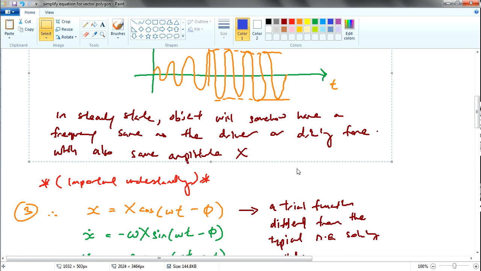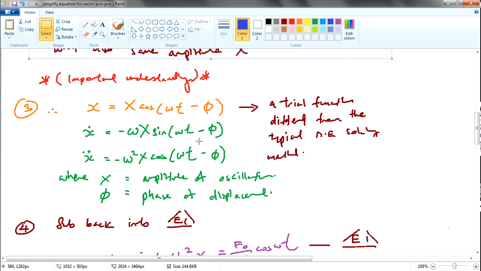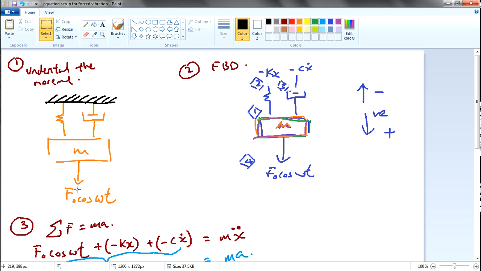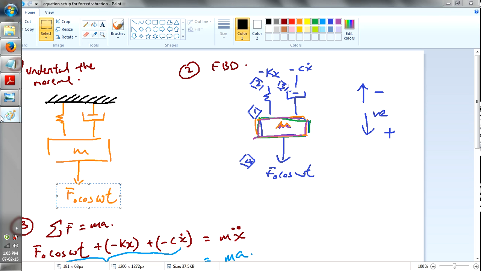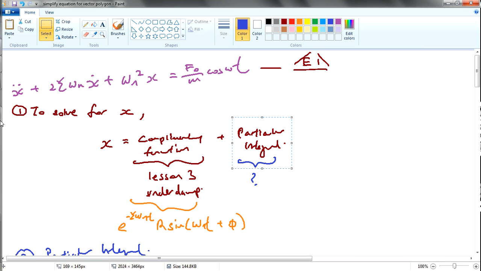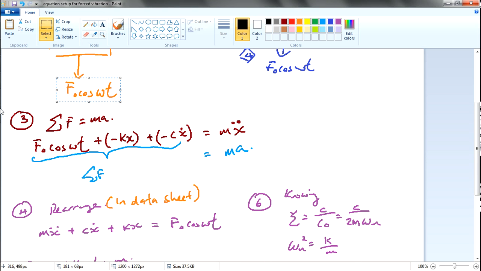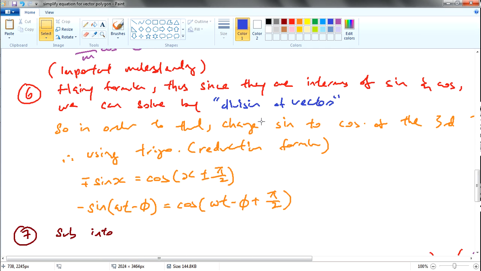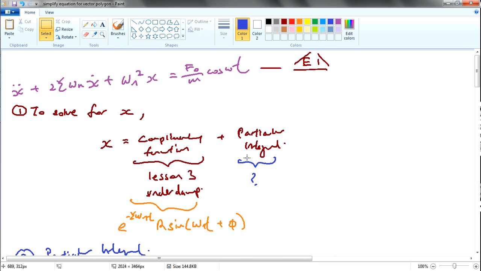Why would we actually use the forcing function as our particular integral in this case? Let me repeat again: the particular integral is related to our forcing function. What is the forcing function? It is this one. So the particular integral is related to this thing over here. Next video will explain why we do that, and why we use the forcing function as our particular integral, and then we'll explain the rest,